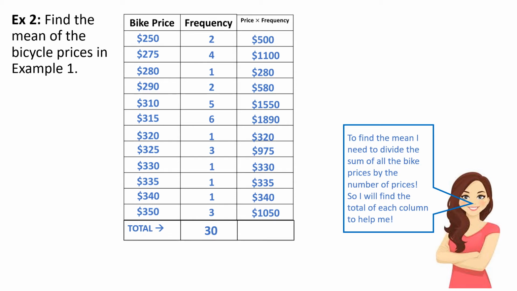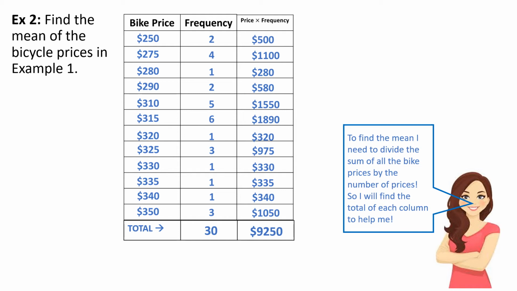So there are 30 bike prices. And if we remember from example 1, we know that Charlie Jane found 30 different ads for bikes. On the right-hand side, I'm going to find the total sum of all of those prices by adding 500, 1100, 280, 580, 1550, 1890, 320, 975, 330, 335, 340, and 1050. And that will give me